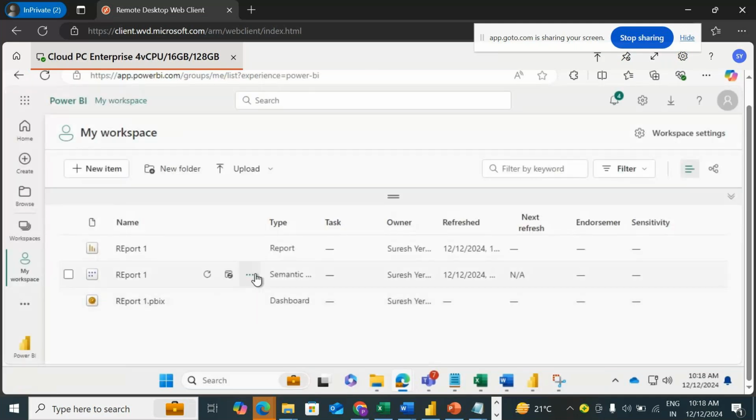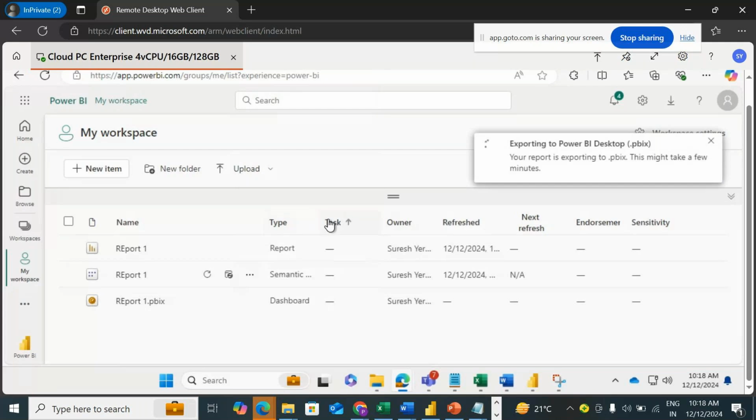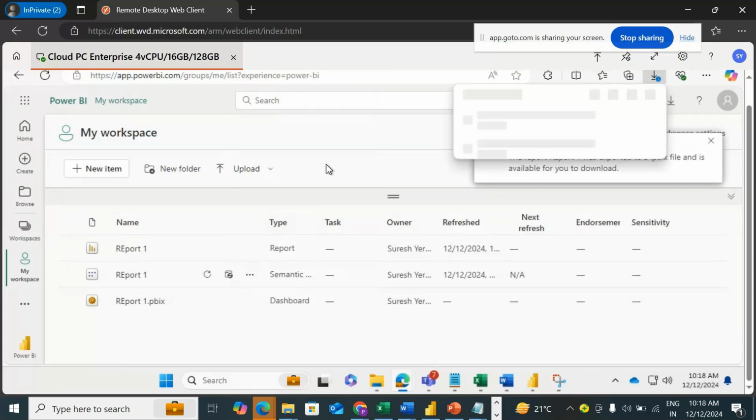Then after refresh state, download the file. If you want to download this file back, you can click on download file. So by using upload, we are uploading. Similarly, let's assume that